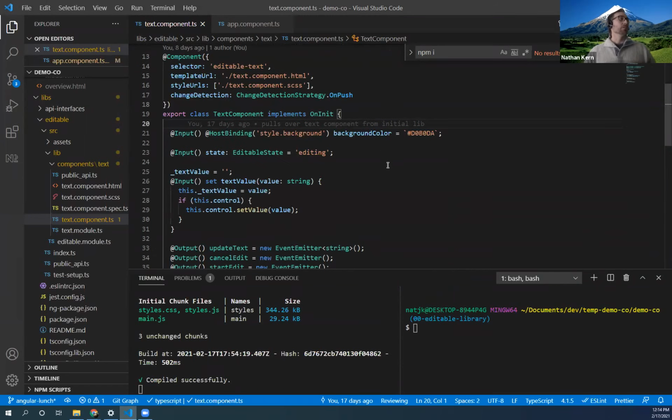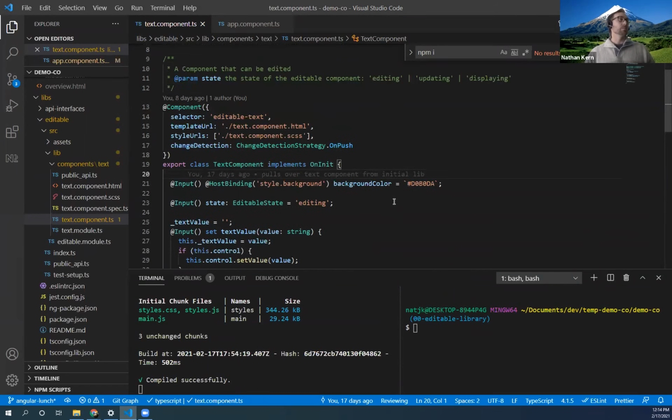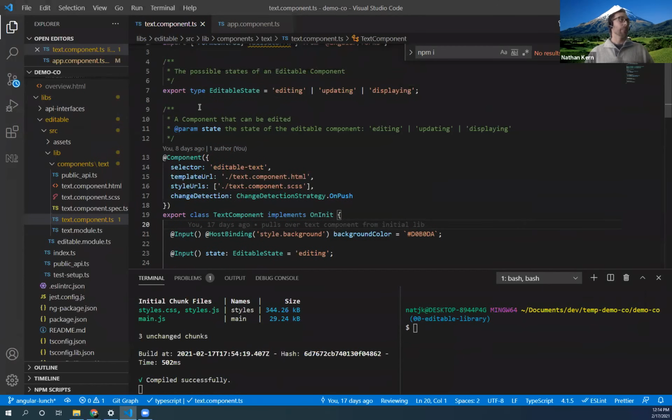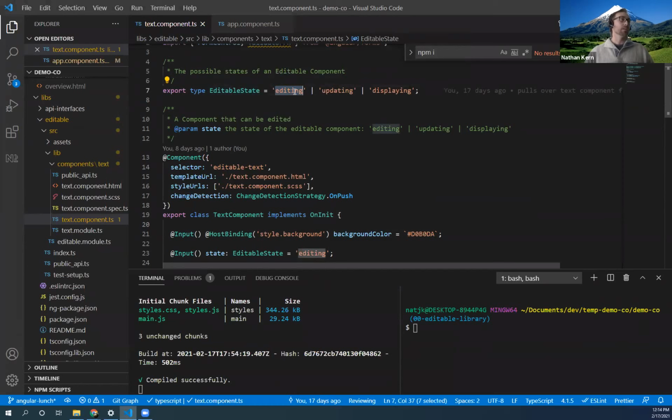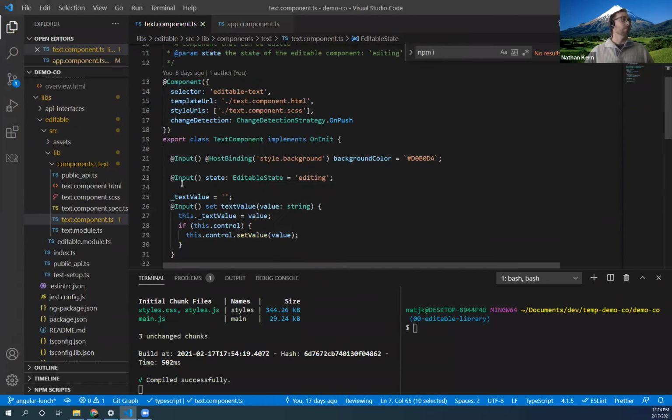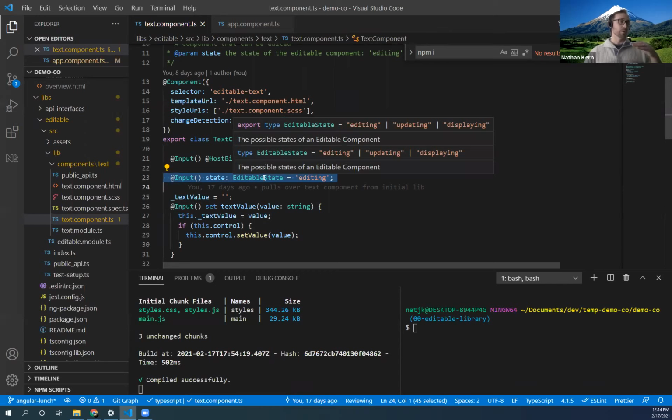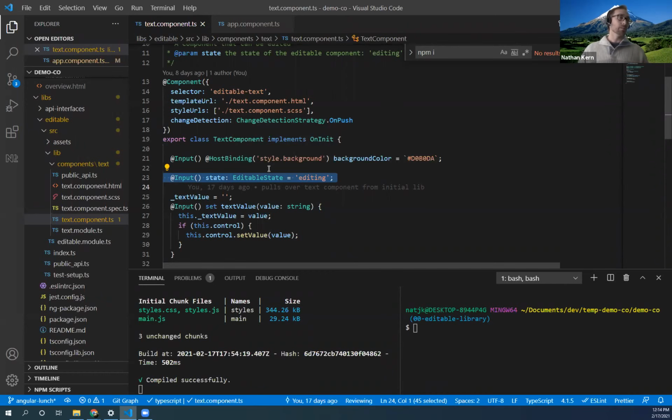So if we take a look at this component real fast, it's pretty simple. We have a type defined for our states. We have an editing state, an updating state, and a displaying state. And that's an input down here. That's our state input. And that's how we change it from a text input to having that edit icon and the updating icon, and that's how we manipulate those. And so you can see here that the parent of this component is actually going to be